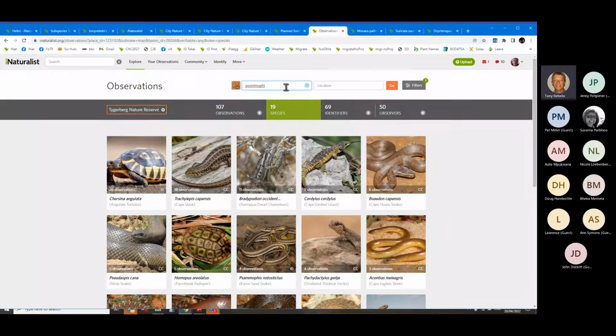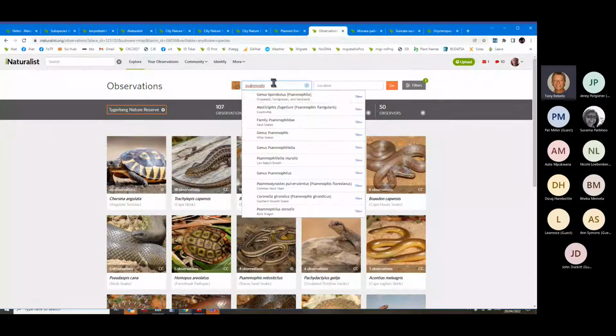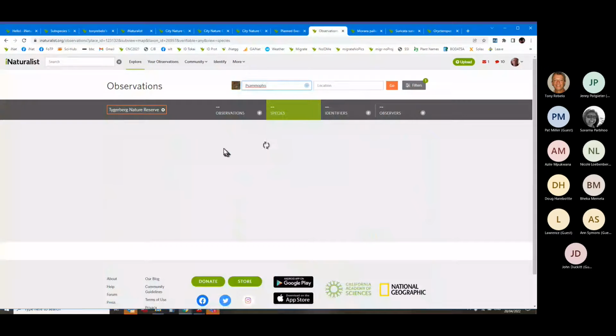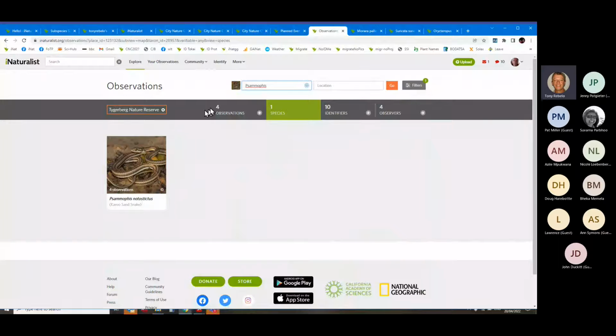Have I spelled it wrong? No, it's not Samo, it's Samo. Samophilus. And then we can look in the reserve, if we go to the observations, we can see where it's been